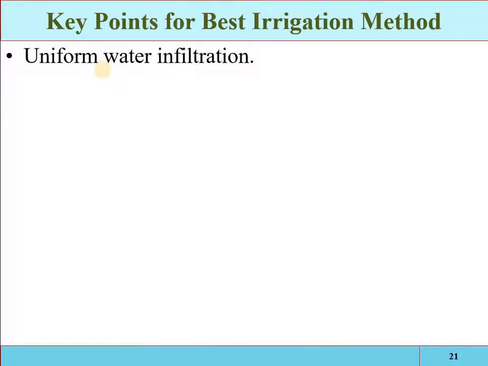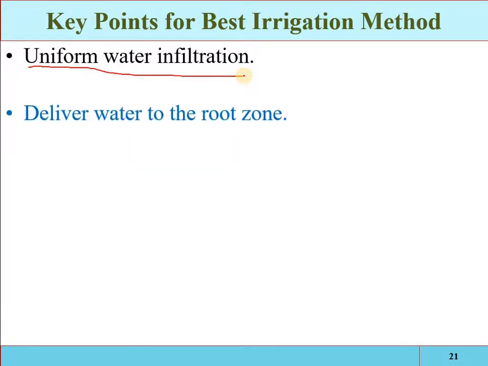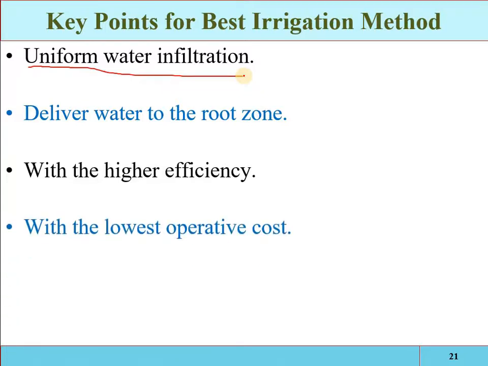So again, the irrigation method selection will depend on the type of crops, the type of soil, the topographic condition, the climatic condition, but the system considered the best one is the one that applies the water uniformly. Okay, meaning uniform water infiltration. The method which applies the water or infiltrates the water uniformly will be considered the best method for the specific area. If the method delivers the water to the root zone with higher application efficiency and the lowest cost,